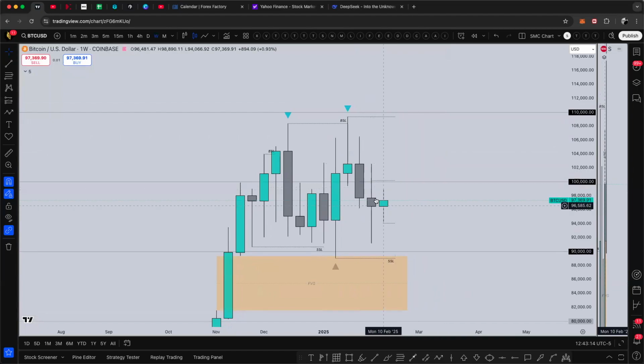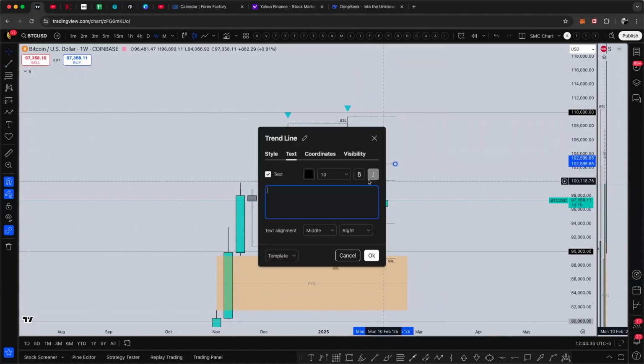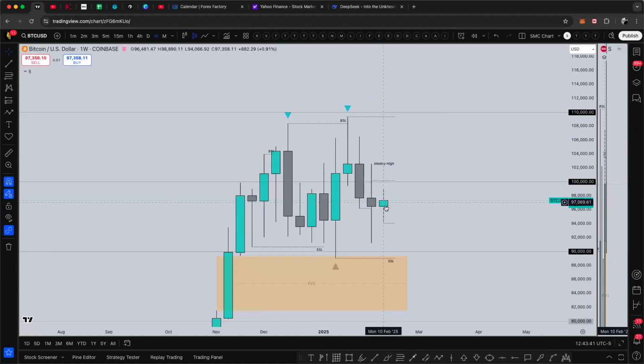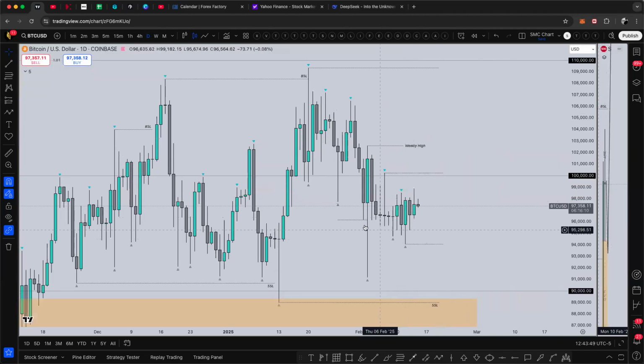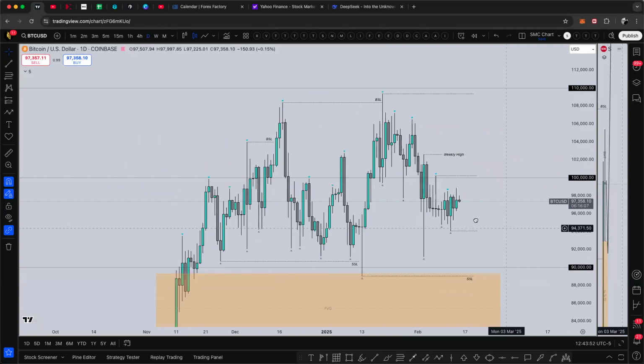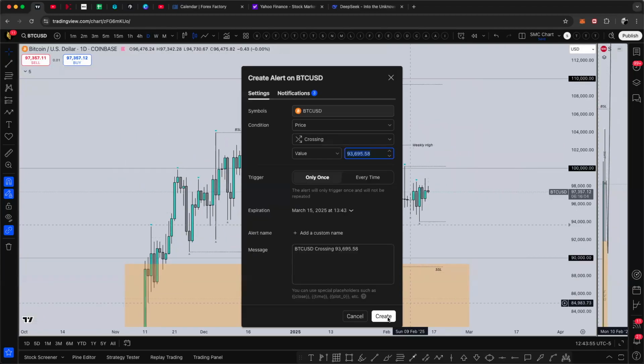But notice how we closed last week. This is the current week. By the time I'm recording this on Saturday, we still have a day and 7 hours for this weekly candle to close. Notice the past week, we failed to close below. That's telling me that we're probably expecting this weekly high to be taken. However, notice how we have not moved this week at all. It's been very, very slow, almost no movement at all. Barely. Okay. So for Bitcoin,